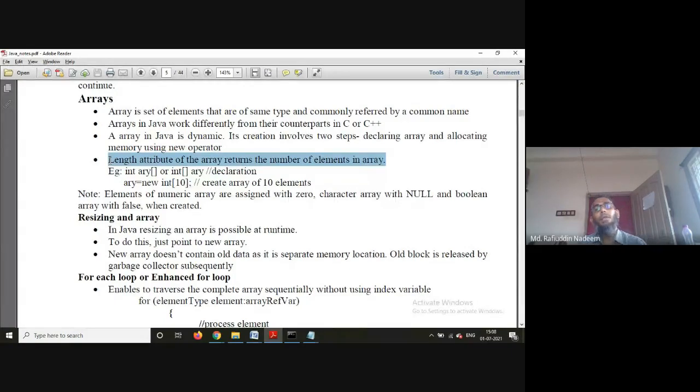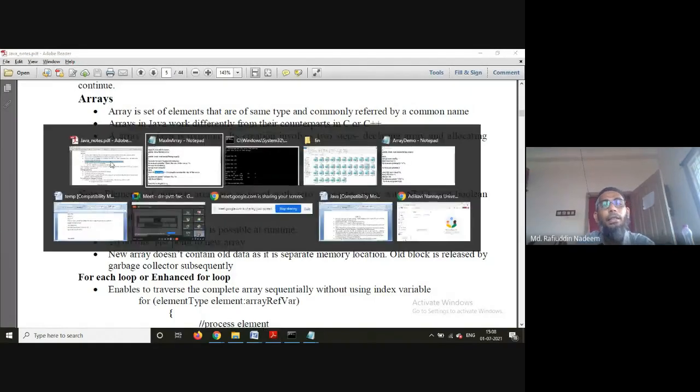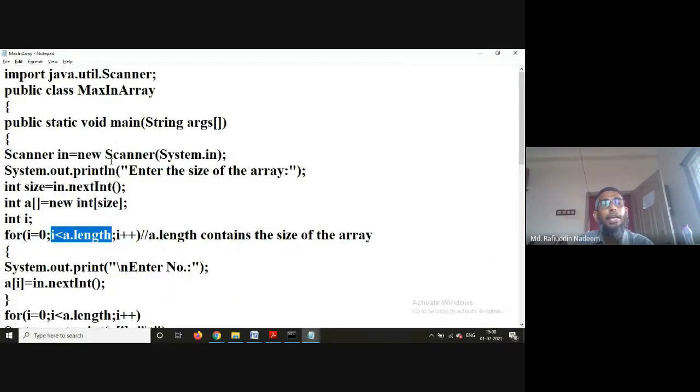The length attribute is associated with any array, whether it is user defined or predefined, and it returns the length of the array. So now a.length. I'm asking if i is equal to 0, i less than a.length, then i++.